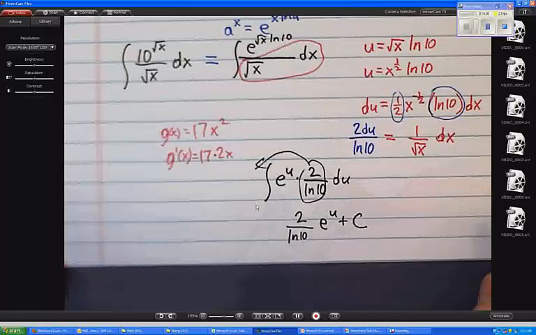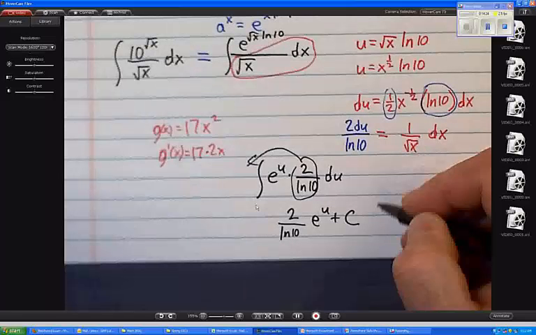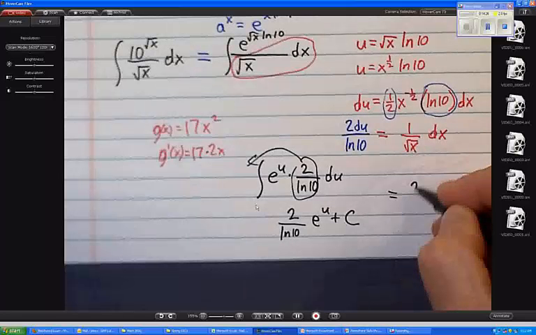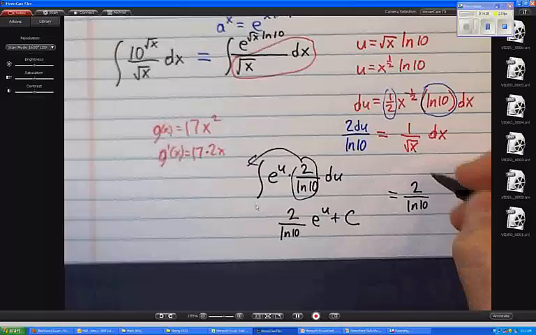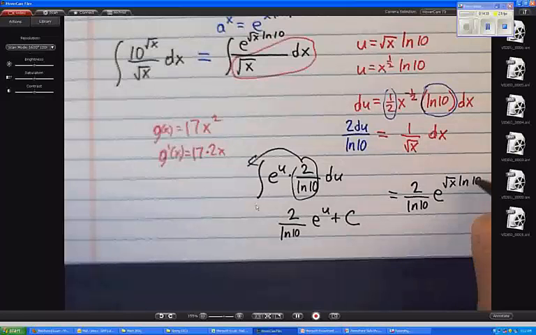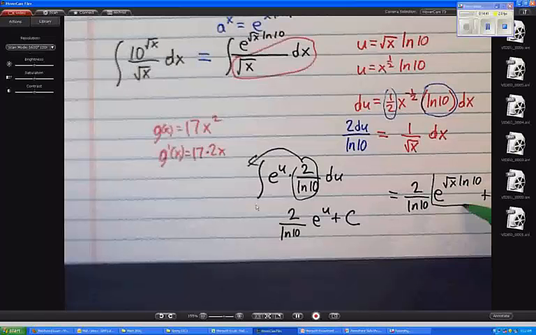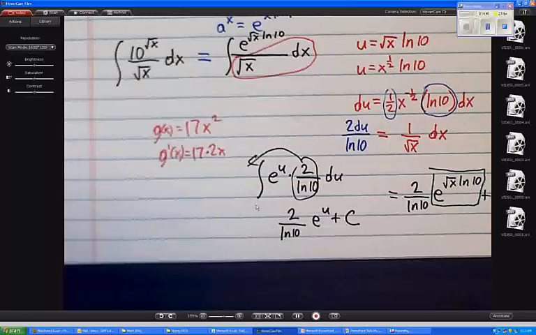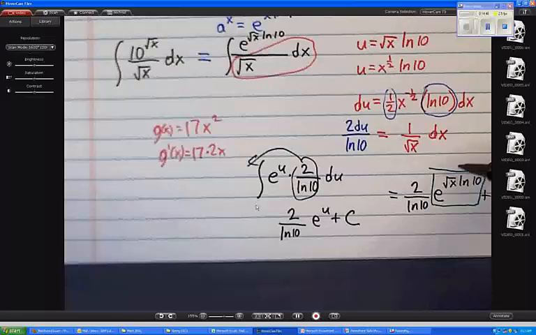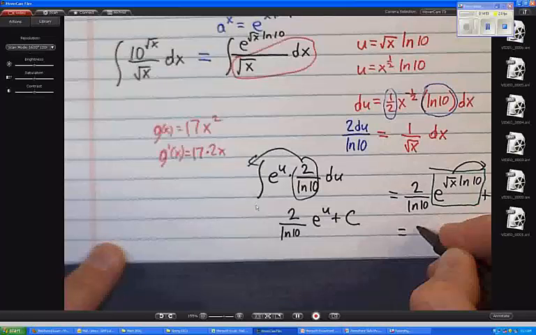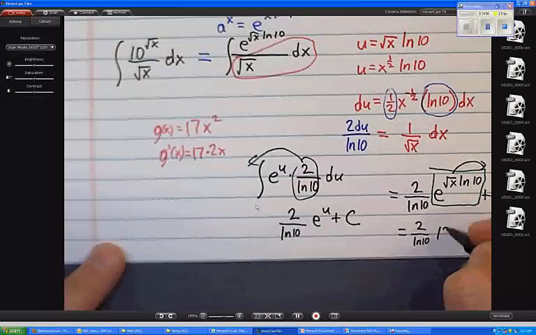So the final answer, well, not quite the final answer. I'll write this as 2 over the natural log of 10 e to the square root of x natural log of 10 plus c. But I'm going to do one more thing. Yeah, change this back to what? Yeah, because we bring that square root of x up, right? So the final answer would be 2 over the natural log of 10 times 10 to the square root of x